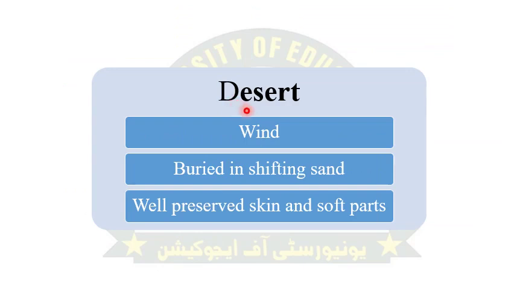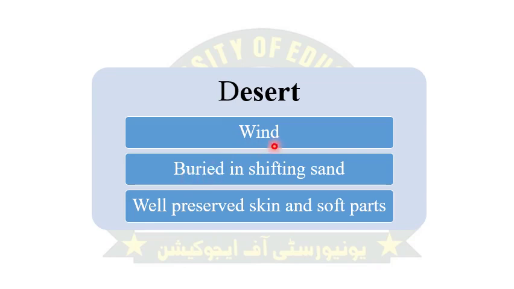Desert. The next preserving medium is desert. Ice is a good preservation medium as we studied earlier, because in ice we found many whole carcasses of bison, mammoths in their original form in Alaska and Siberia. But deserts are also very good preserving material, because in the desert there are winds which can easily